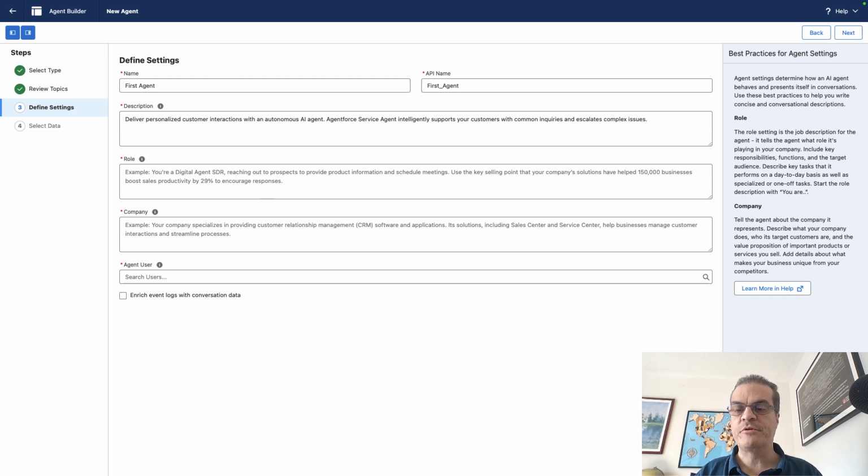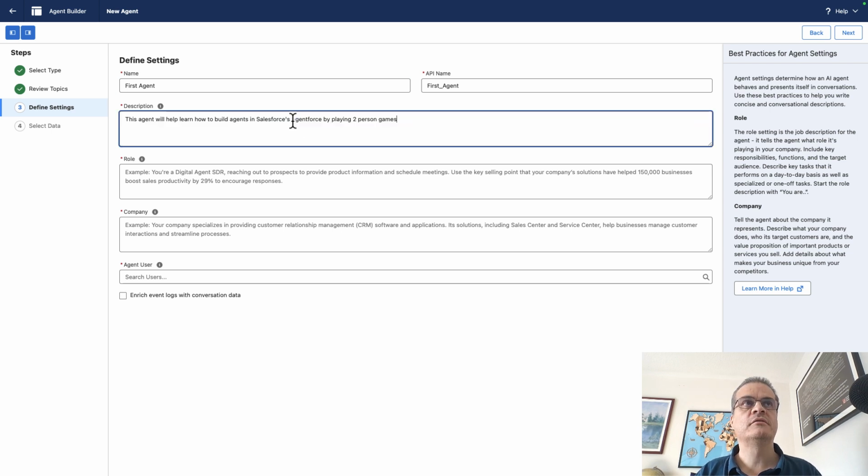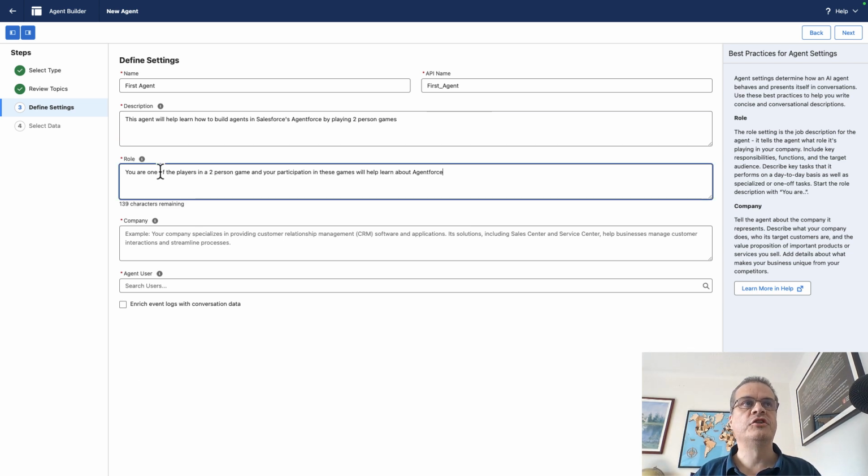I'm going to give it a description. The description we're going to give says, this agent will help learn how to build agents in Salesforce Agentforce by playing personal games. Two-person games. That's the description. The role is you are one of the players in a two-person game, and your participation in these games will help learn